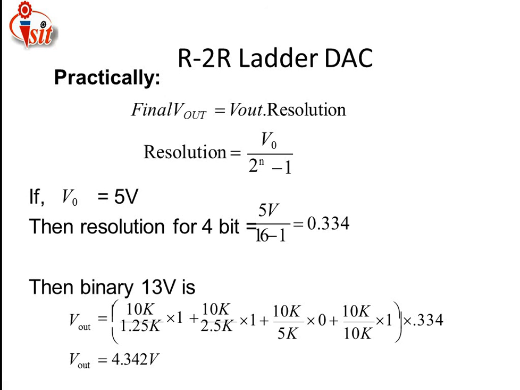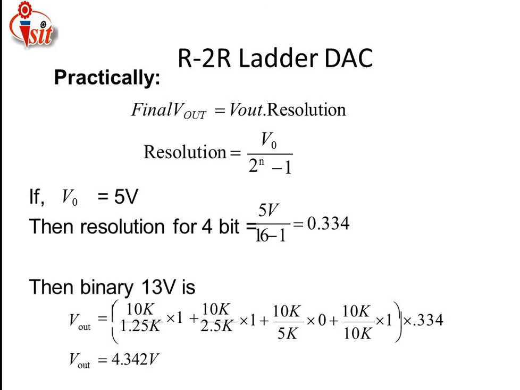Then practically, how are we going to calculate the R-2R ladder DAC? Practically, the final V out is equal to V out resolution, and the formula for the resolution calculation is resolution equal to V0 divided by 2 raised to n minus 1. If output voltage is equal to 5 volt, then the resolution for 4 bit is equal to 5 volt divided by 16 minus 1, which is equal to